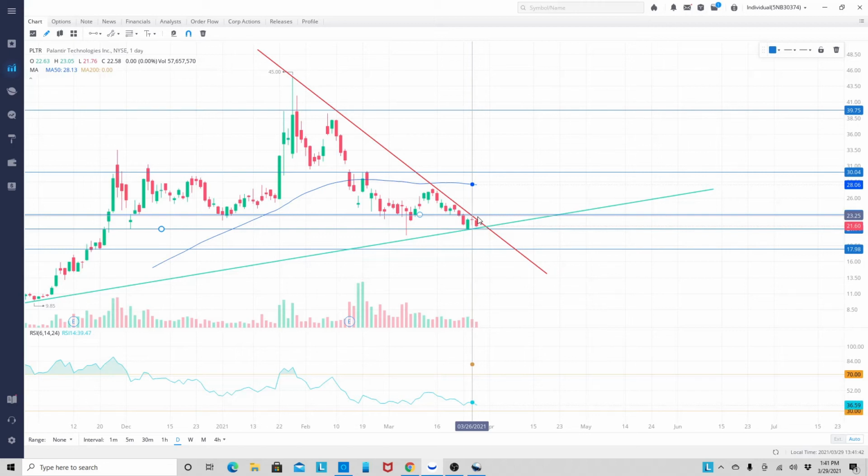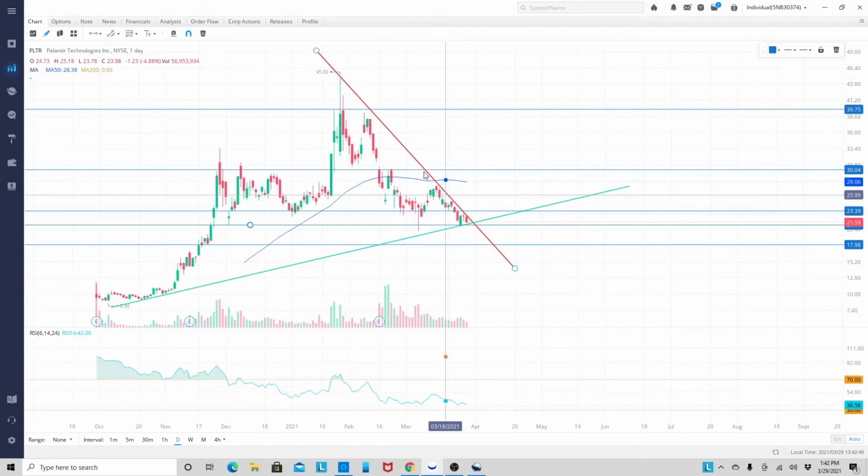Now, the problem with it staying on that uptrend right here is that it is below this 50-day moving average, and it's going to take a lot for it to get back above that. So let's take a look at if it stays on this downtrend right here. It would have to fall below this